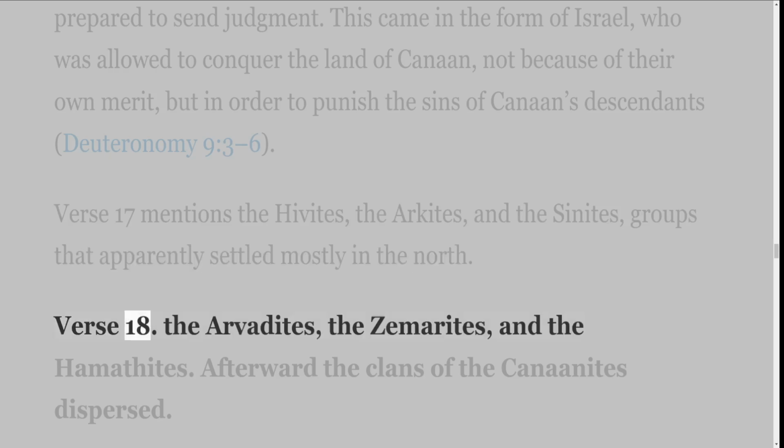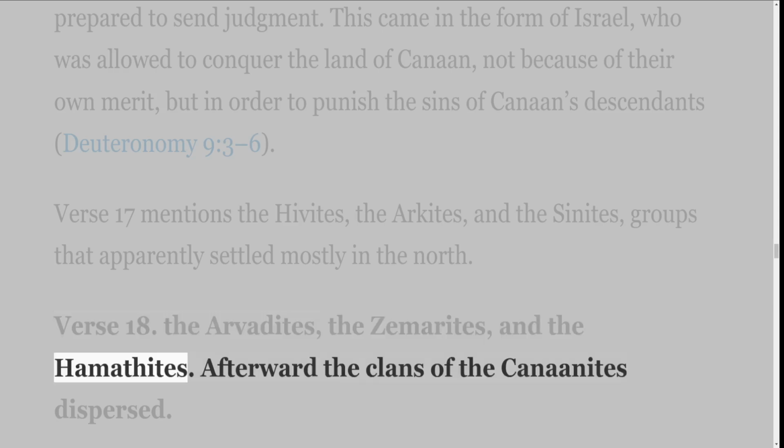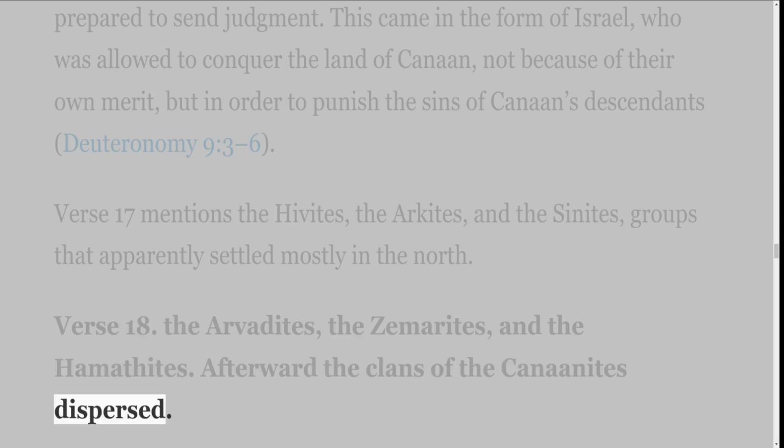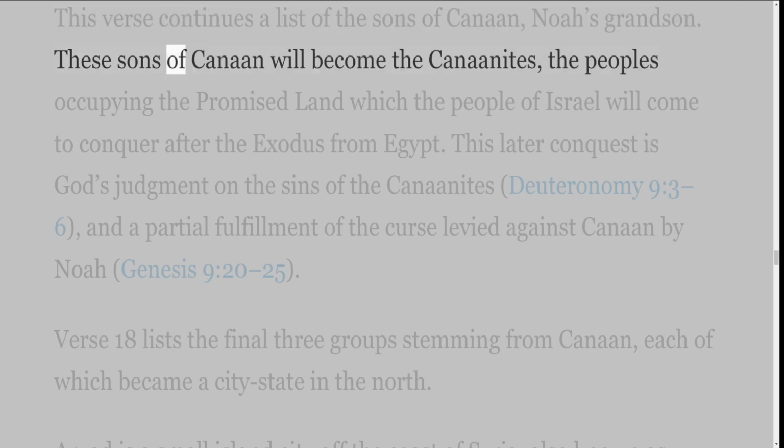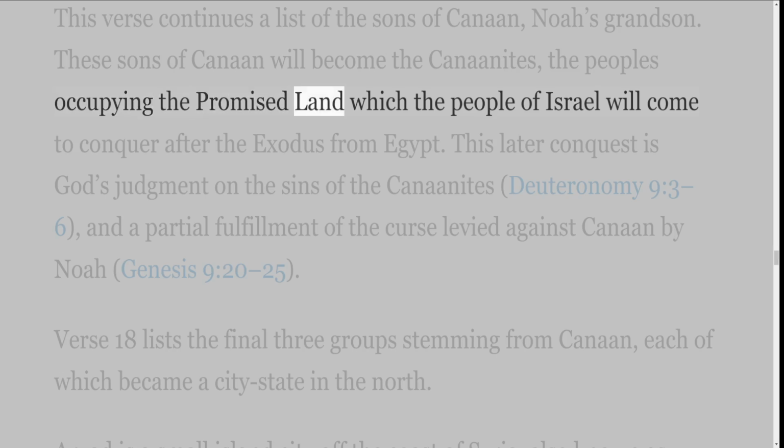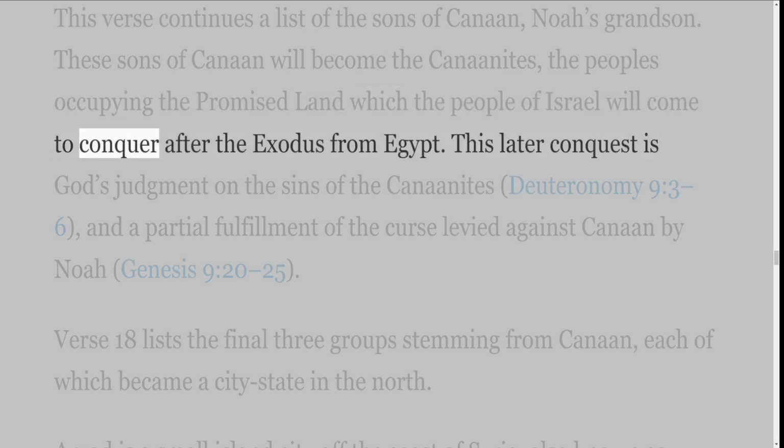Verse 18. The Arvadites, the Zemarites, and the Hamathites. Afterward the clans of the Canaanites dispersed. This verse continues a list of the sons of Canaan, Noah's grandson. These sons of Canaan will become the Canaanites, the peoples occupying the promised land which the people of Israel will come to conquer after the exodus from Egypt.